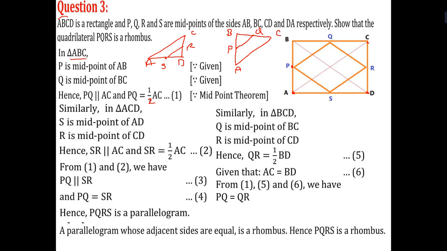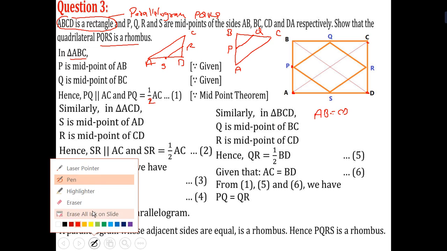So from ABCD rectangle, we have to convert into a parallelogram first. Why? Because we want to prove that PQRS is a rhombus. So from ABCD rectangle we convert to parallelogram PQRS. ABCD is a rectangle, given, and we convert to PQRS, a parallelogram. Now PQRS is a parallelogram, we have to prove that it is a rhombus. So for a rhombus we have to prove that PQ is equal to